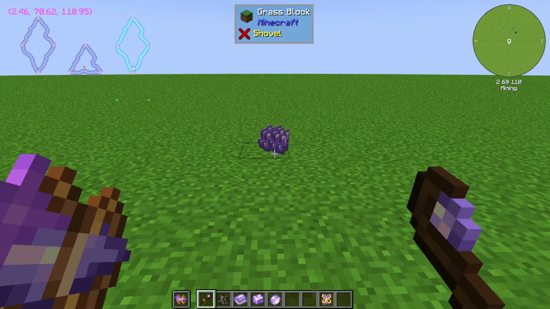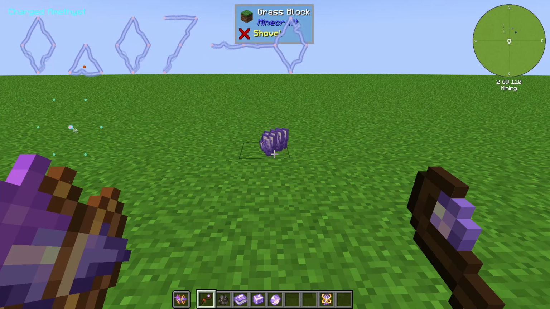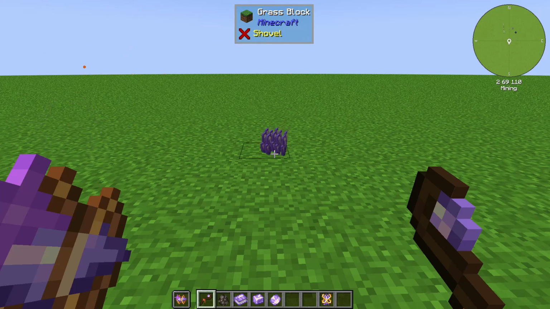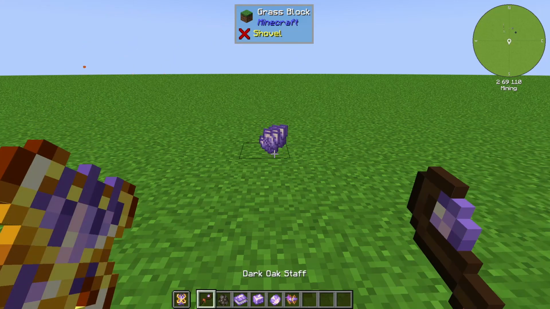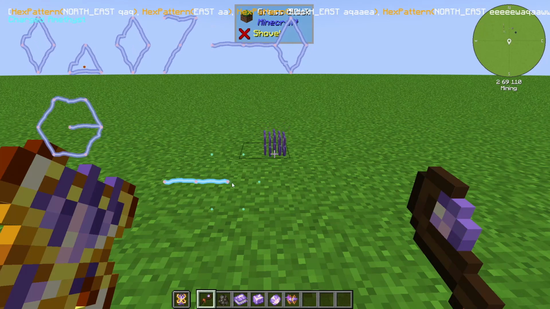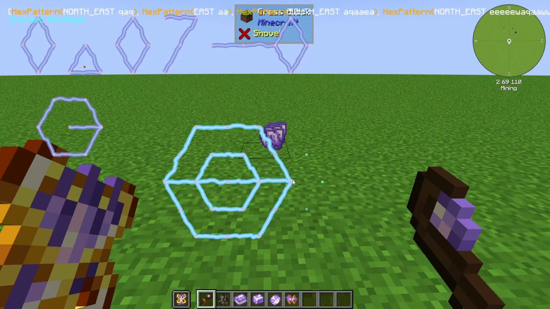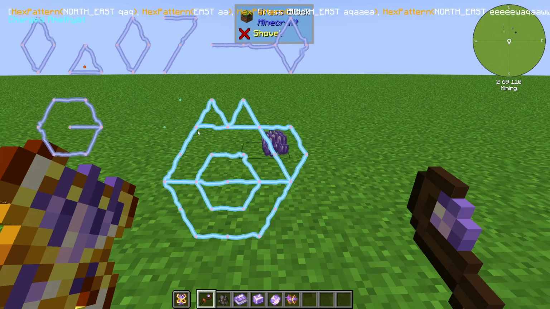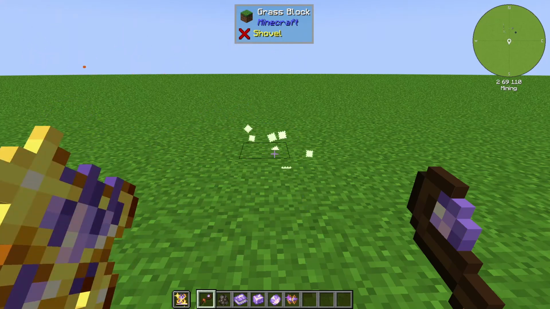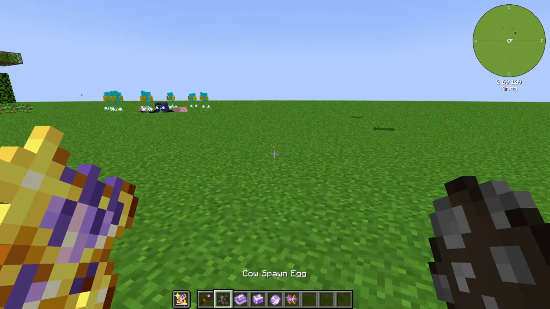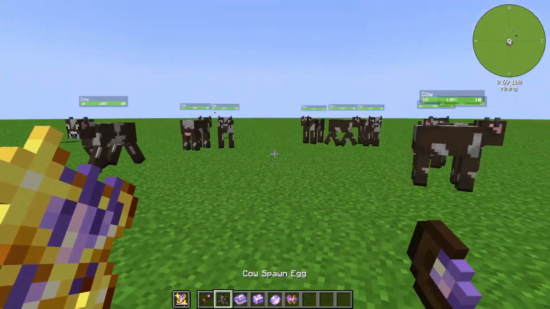Yoink, yoink, yoink, yoink. Get entity, there's the dude. Read the thing out of our focus like that. Put the focus in our other hand. Hold on to the artifact, and then cast the thing. So it's 1, 2, 3, small hexagon, 1 over, big hexagon around the whole thing, then a trapezoid, 2 spiky things, a trapezoid, 2 spiky things, a trapezoid. Done. So now, if I just spawn a bunch of cows or something, even if I walk far away,